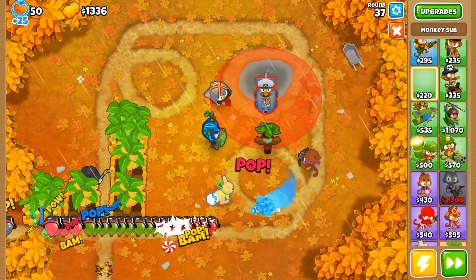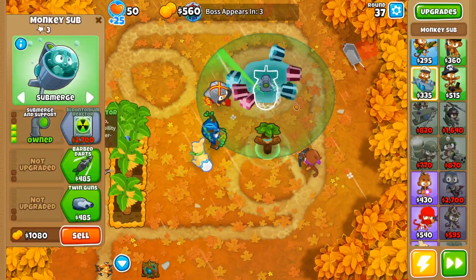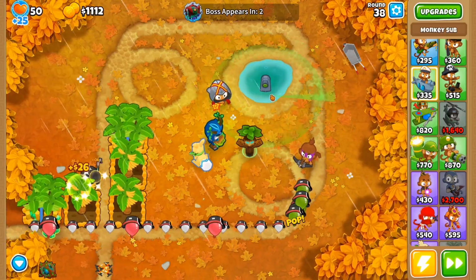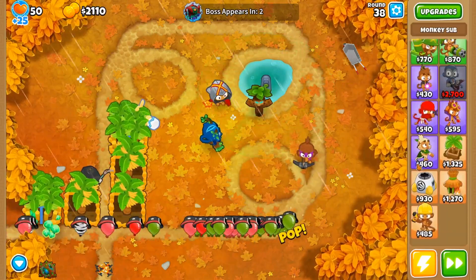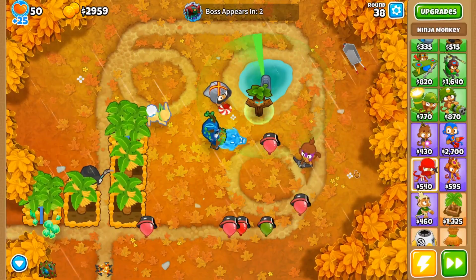We're gonna need a submarine. We're gonna place it right about here. We're gonna upgrade it up to 300, which is the Submerge support one. And basically what it does is it decamos balloons in its radius, which is kinda nice. It's a pretty cheap way to get camo detection. You can also get it with a village, but I'm trying to be efficient with my money, so...